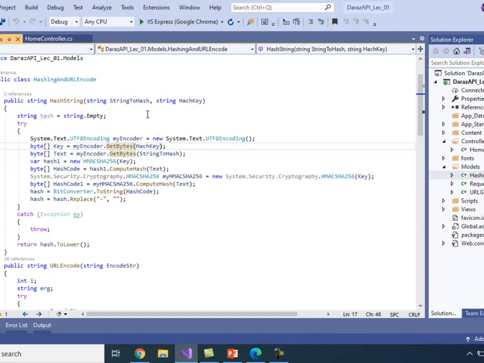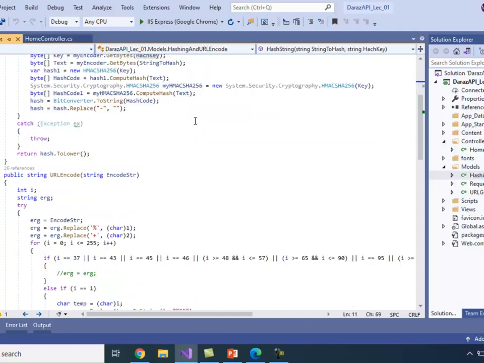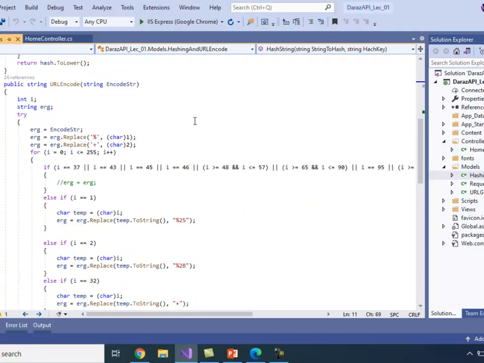This method simply takes the value in string form and the hash key. In the second method, you can see there are ASCII characters, and after evaluating the request, it converts it into the equivalent ASCII characters.